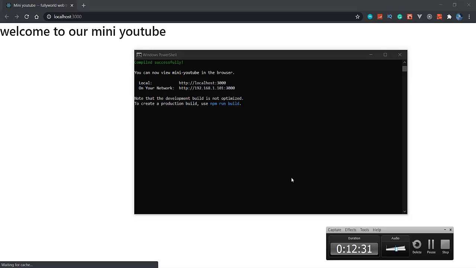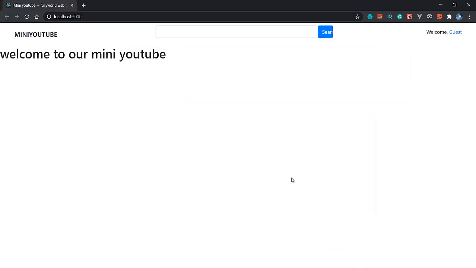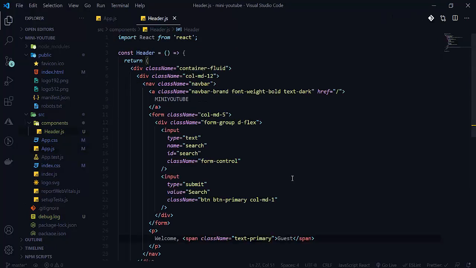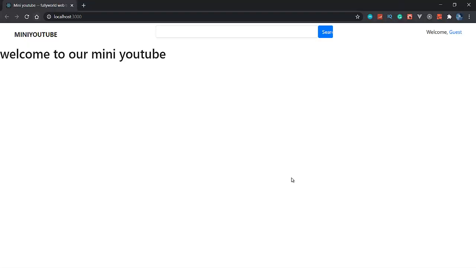Now see that our browser is also reloaded, and now our navigation bar is looking like this. But this is not looking so good here. I will take care of this now, and let's change our interface a little bit here. Let me do col-md-6 here. When I reload this, now it is looking a little good.